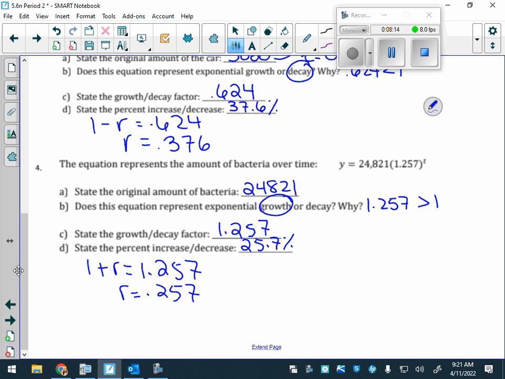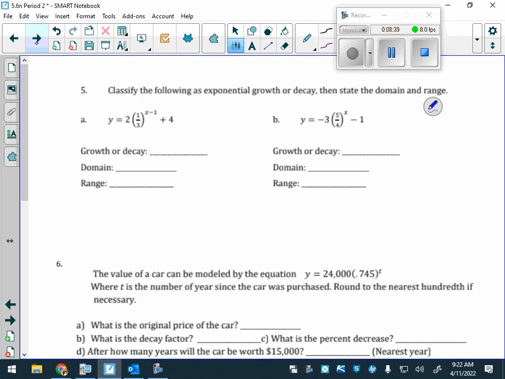This is greater than 1. So that's our b value if you look at it in exponential: a times b to the x. They already took care of this part for you. It's already done. Yep. Great question. Okay. Now, number 5, you had to classify if it is growth or decay and determine the